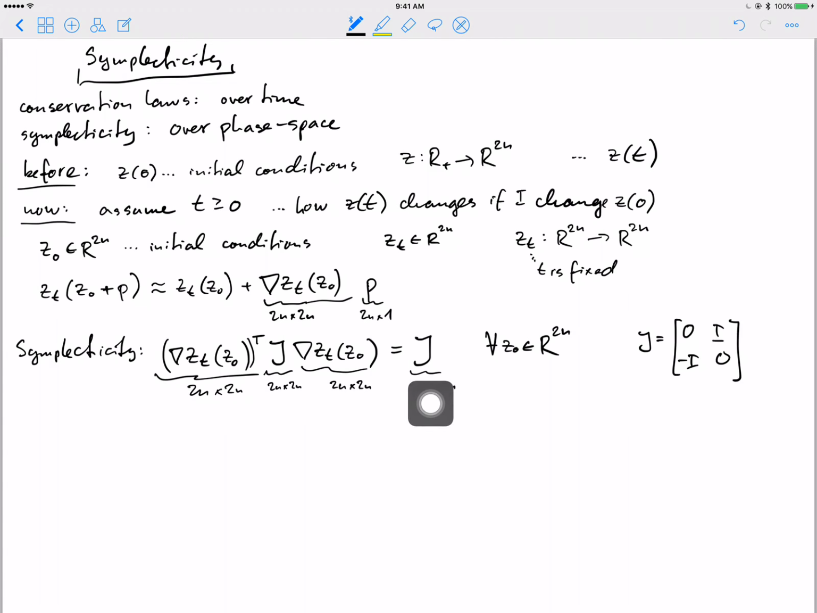Okay. So what the symplecticity is, it's a condition on the Jacobian of the ZT function, which tells us how the motion after time t changes if I change the initial conditions. In physics, you might have heard these results in a slightly different language. There's a thing called Liouville theorem in physics, and that's exactly the same thing, just in a slightly different formalism. They talk about distributions and stuff, but